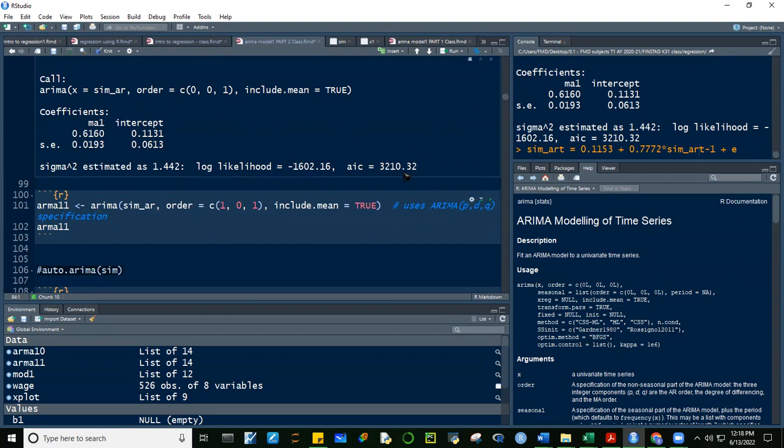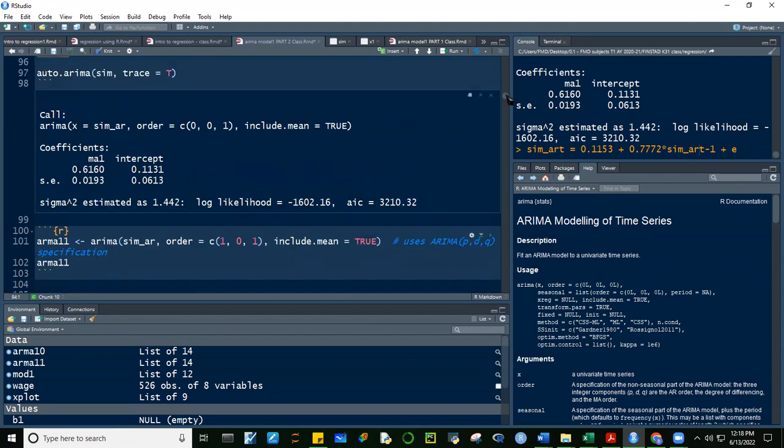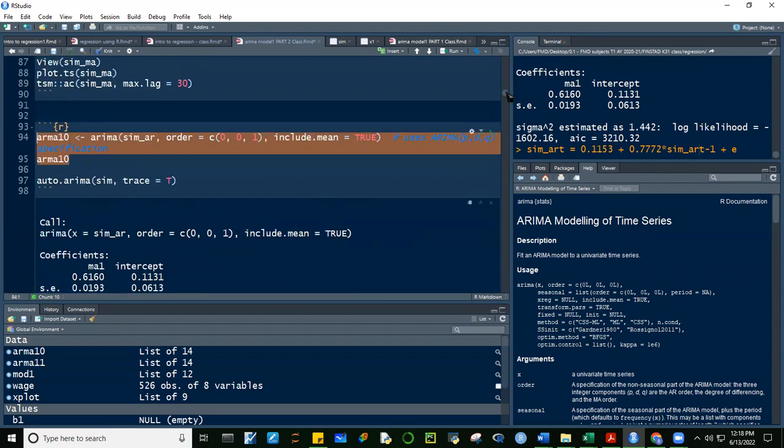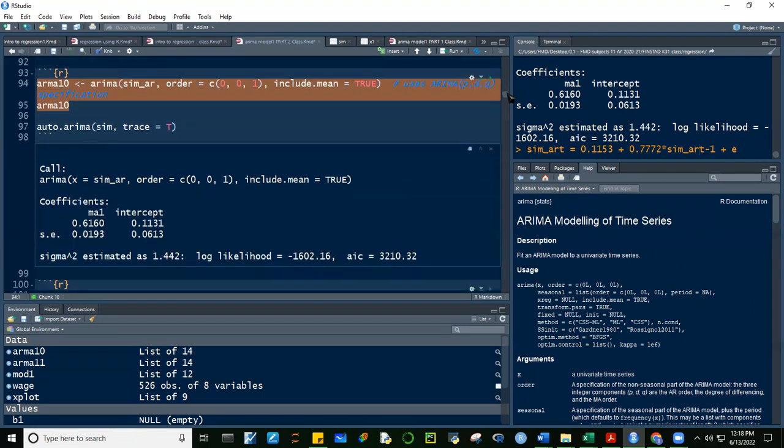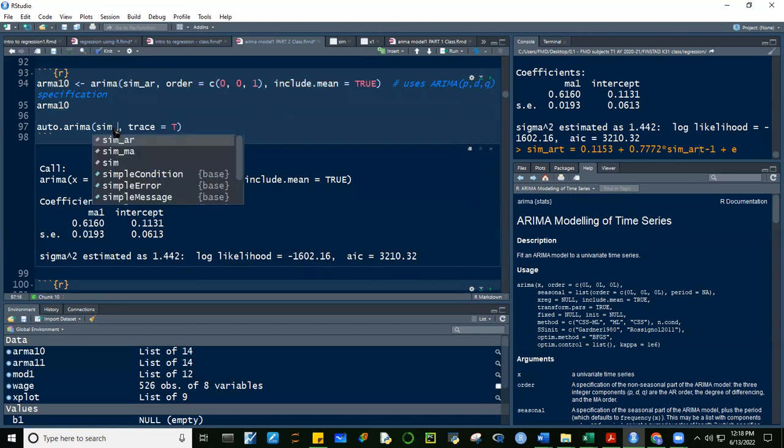Pero definitely, guys, since we have tried an AR1 process, ang AIC niya 2850, tapos we also tried an MA1 process, ang AIC niya 3210, then we are quite confident that mas maganda yung AR1 process kaysa sa MA1 process, no? By virtue of the likelihood, yung sa information criterion. Okay. Now there's another function. Ito na yung tingnan natin, yung auto.arima, no?